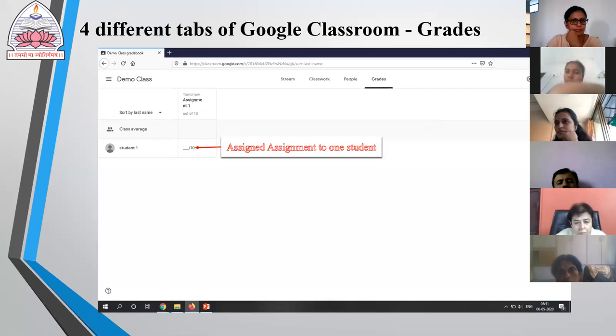And once that assignment is shared to the student, I'll be going to the grade tab. And if you see over there, I have one student to whom we have assigned the assignment. Since I have sent an invitation to only one student, here we can see one student. If there are 80 students, we'll be getting a list of 80 students. If they complete their assignment and submit it, how much marks they have scored, everything will be displayed over here. So we don't have to actually give assessment or give marks for the assignments.